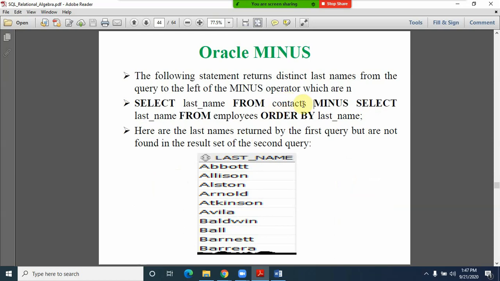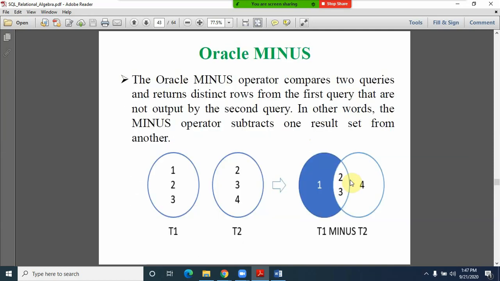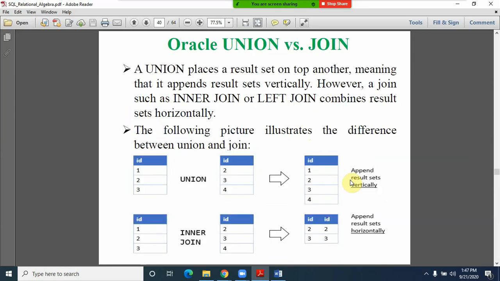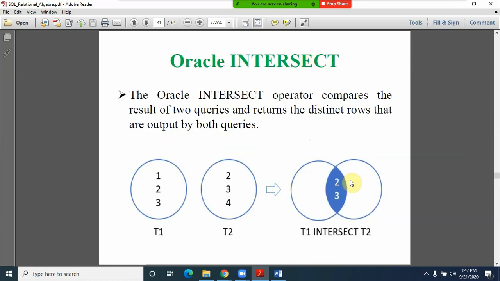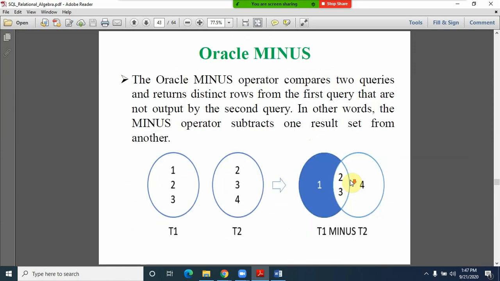So we only get the contacts' last names, and the employees' last names we are not getting. The last names returned by the first query but not found in the result set of the second query were output. So this is how you can observe the concept of union, intersect, union all, and the minus.